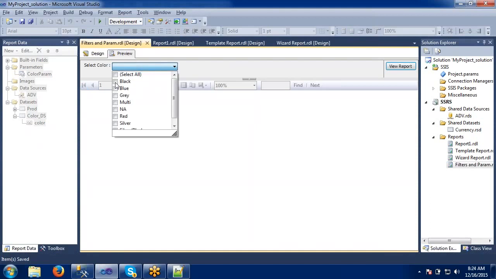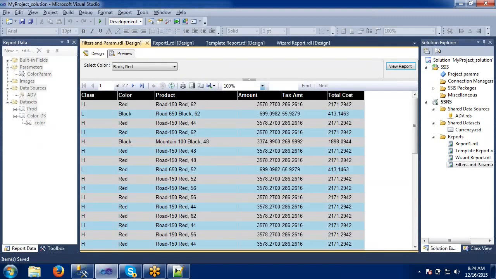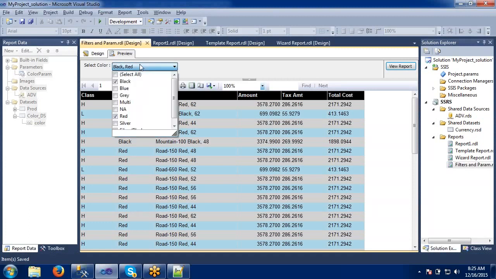Let me check once again. Black and red. Now it's loading. Why? Because now our query is ready. See, only red and black records got filtered here. I have passed red and black here, right? This is how we can apply the multiple options here.